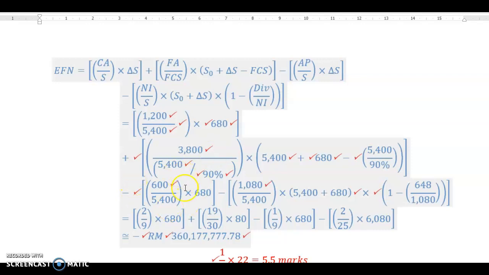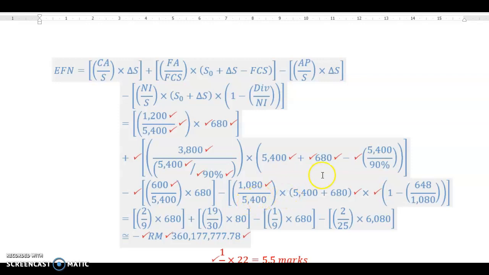Then the next two components. The first gives you the spontaneous financing, meaning from payables. You take the current level of payables, 600 divided by 5,400, the current level of sales, multiplied by the increase in sales. So this gives you the financing provided by the increase in payables in the year 2020. Then finally, the last component, you minus this. This is net income, the profit margin for the current year, 1080 divided by